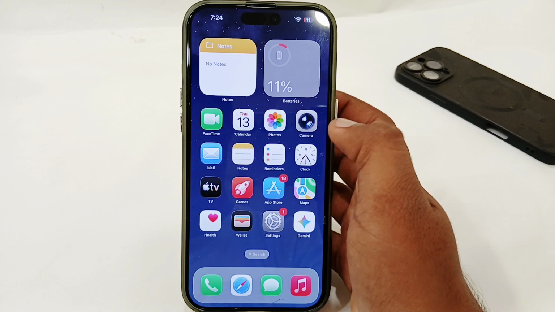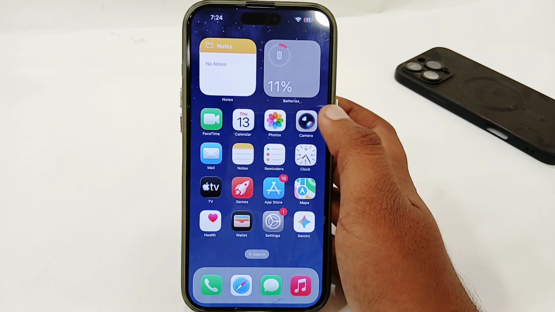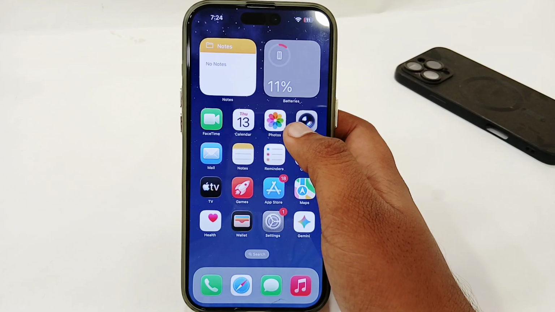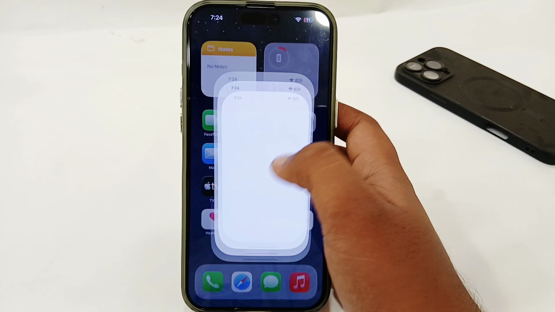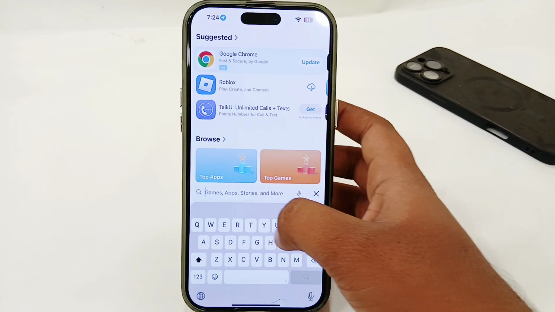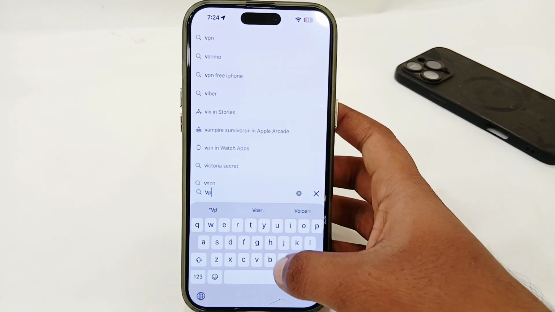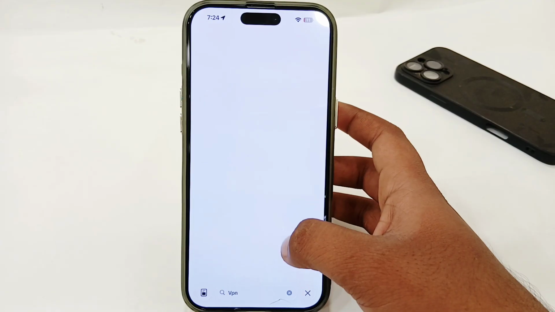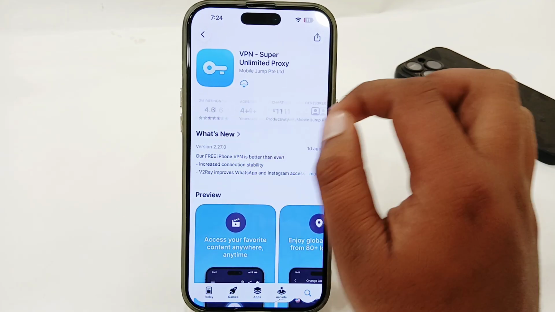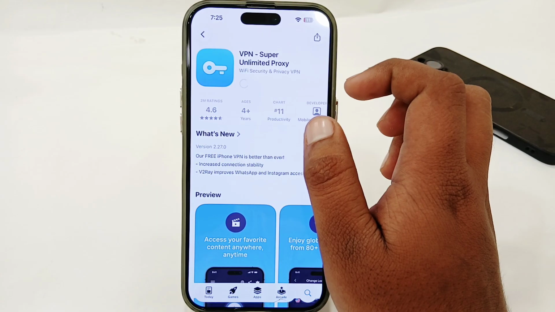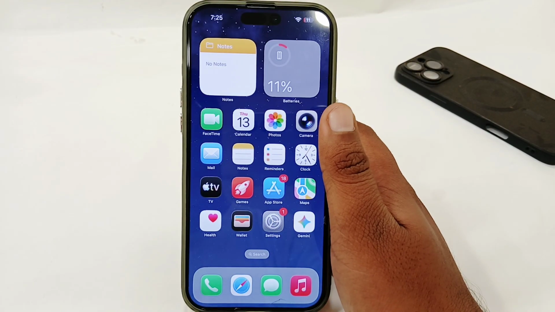Or if you're still facing the same issue that you cannot upload or add a product in your TikTok Shop app in the current region, then you have to use a valid VPN. So open your App Store, and here you simply search for VPN, and from here you install any trusted VPN which you want. And once you have installed it, you just have to go back, connect with the VPN, and then retry,